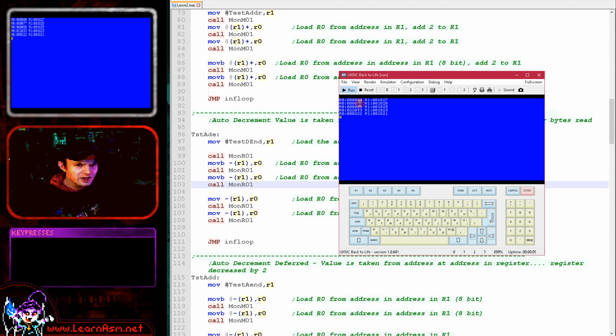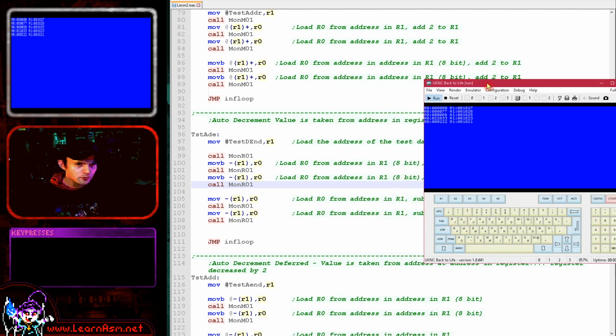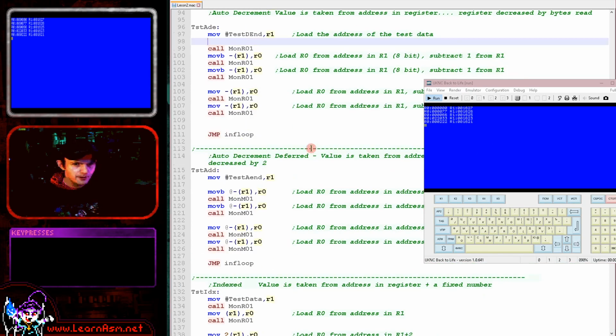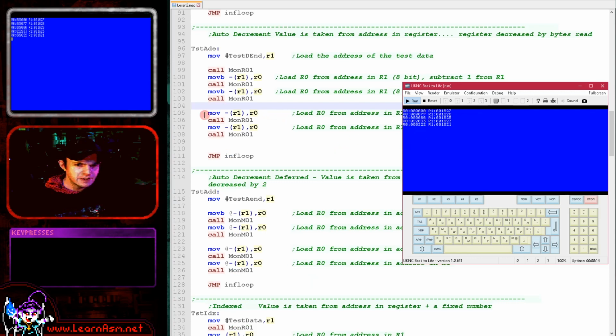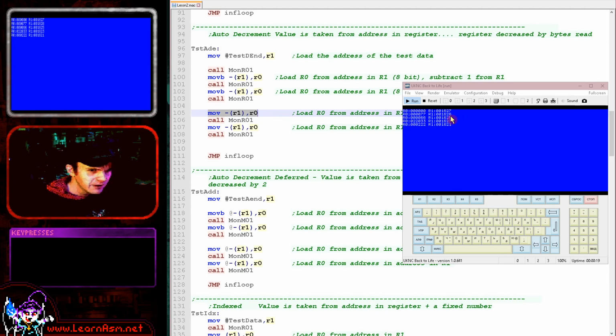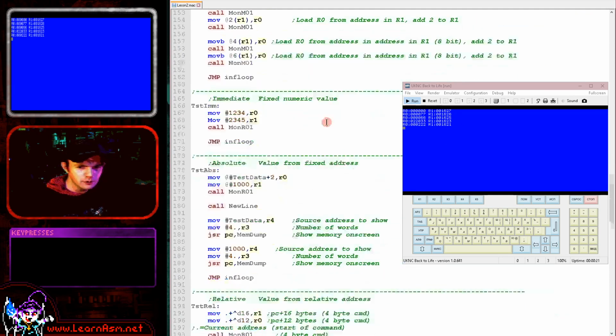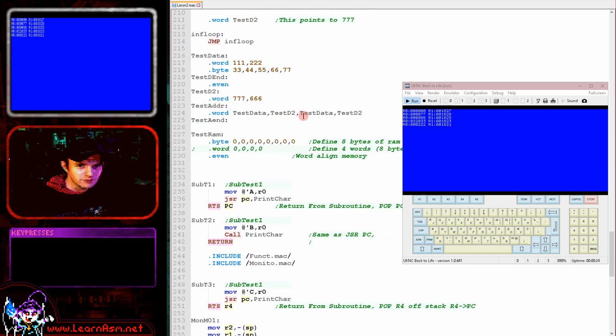Okay, so you can see here we've loaded in a 777, and then we've loaded in a 666, and then we've loaded in 2233, and finally 222 here. If I just lock this to the top here, and have a look at that end data, you can see the end data is here, and the 777 that we loaded in first is there. Then here's the 666. Now, when it came to reading in the word here, we are now on an odd byte boundary,